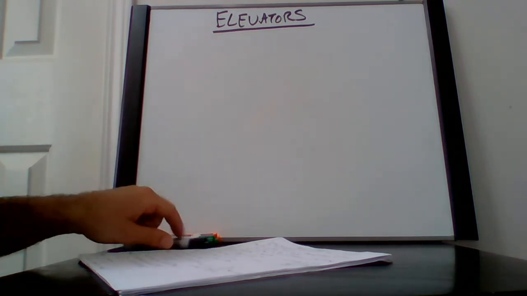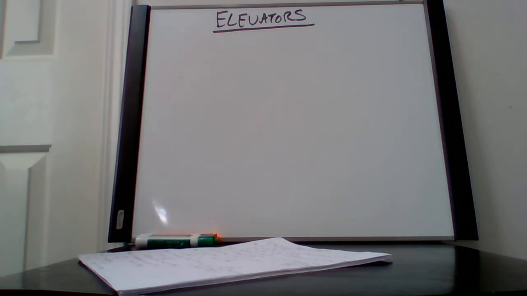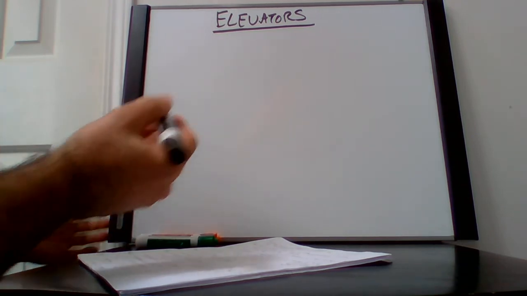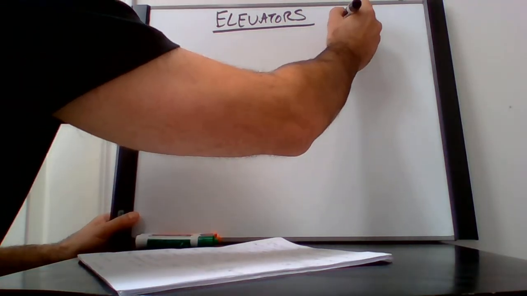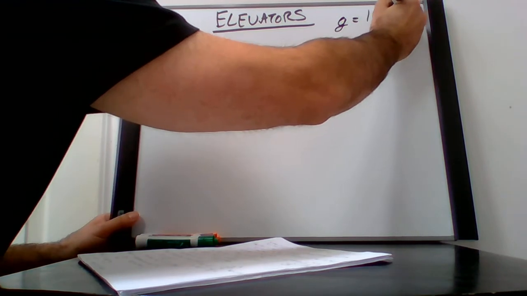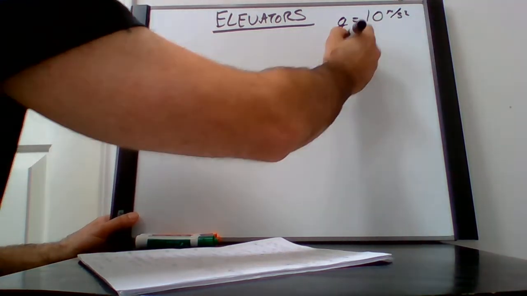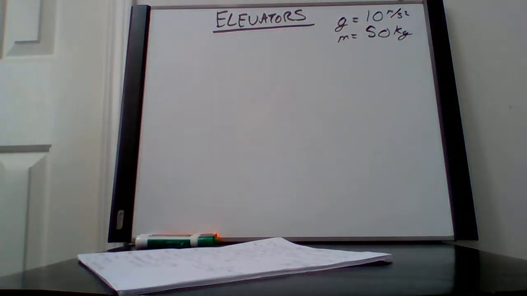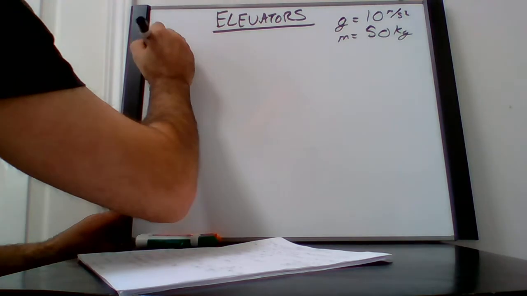Okay, now for this sheet and this sheet only, I want to simplify these calculations, ones that we can just do in our heads without calculators. And so I'm just going to say for this, gravity is 10 meters per second squared, and your mass is 50 kilograms. Okay, let's just make this nice and easy. All right, so part A,